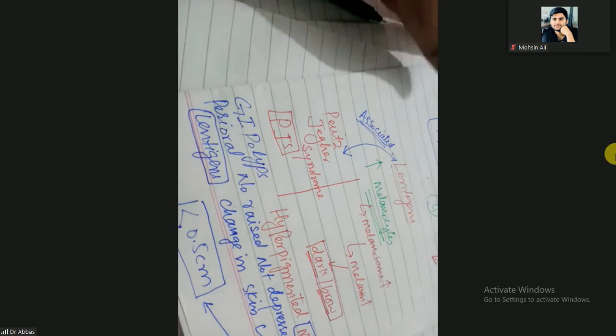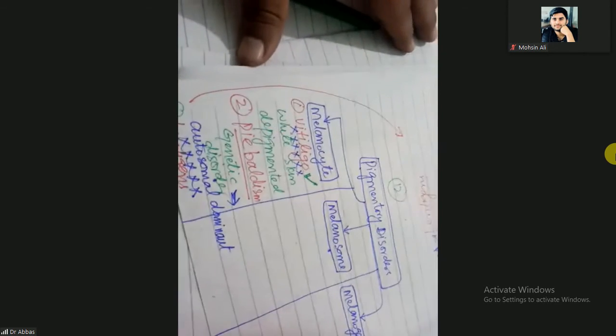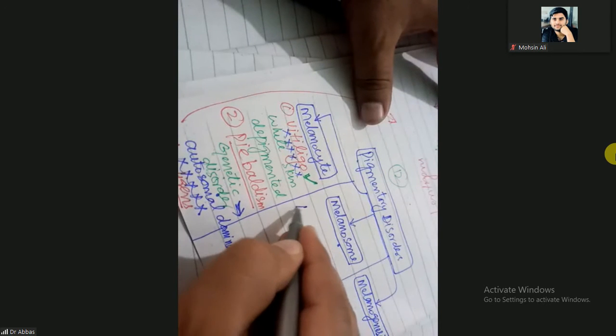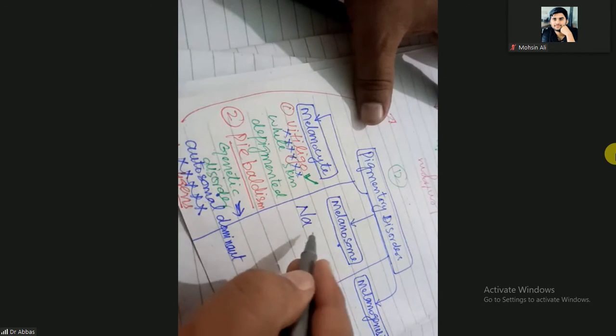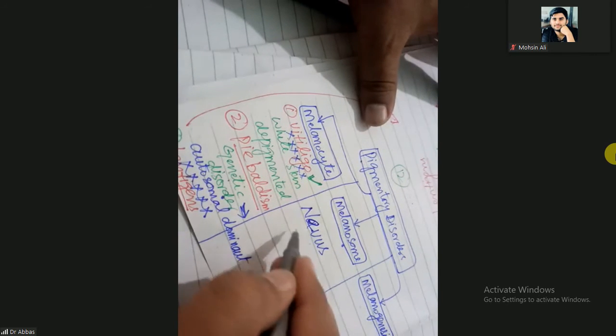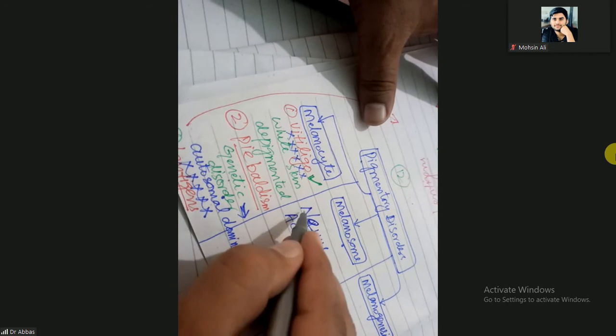So these are the three color disorders or pigmentary disorders due to the melanocyte. The others are the pigmentary disorders due to the melanosome. In the melanosome, there is only one pigmentary disorder, that is known as nevus achromicus.